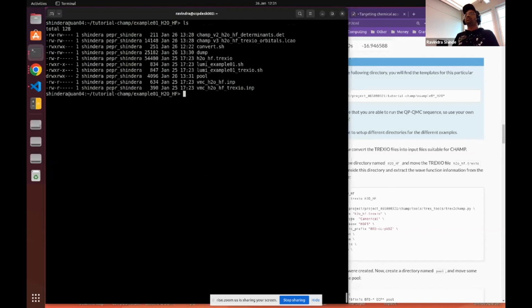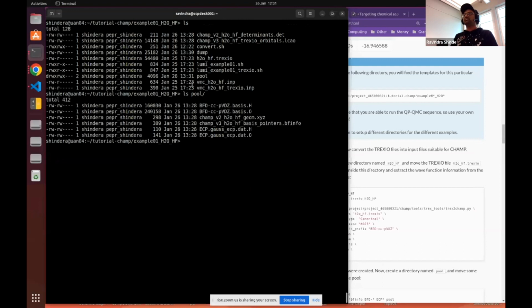So now your folder is ready. You can run the calculation. You should have determinant and LCAO in the same directory where your input file is. And the pool directory should have the basis, ECP, and the geometry and the basis pointer files. So if you look at the input file,